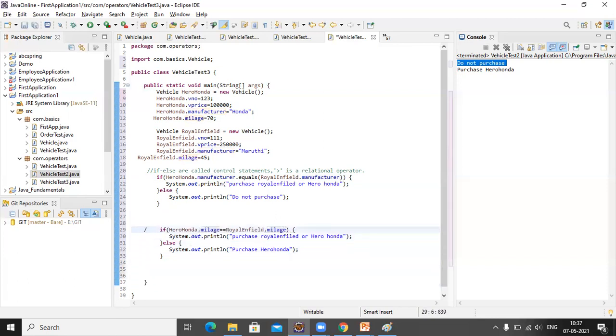I'll comment this. Hero Honda dot mileage greater than or equal to. We are checking for equal to condition, or you can say greater than or equal to Royal Enfield dot mileage.